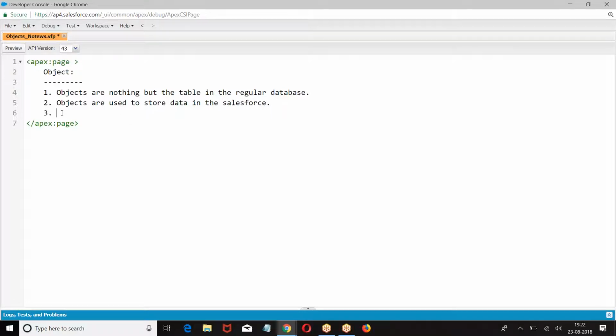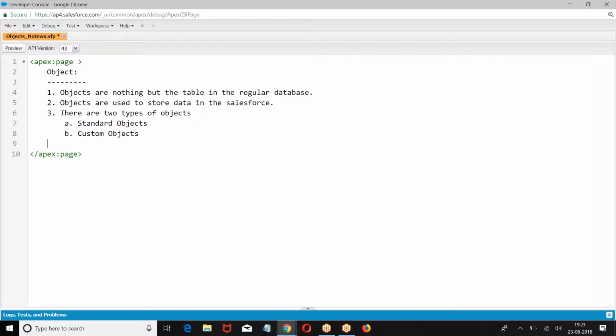There are two types of objects. Standard objects. So what are the standard objects?